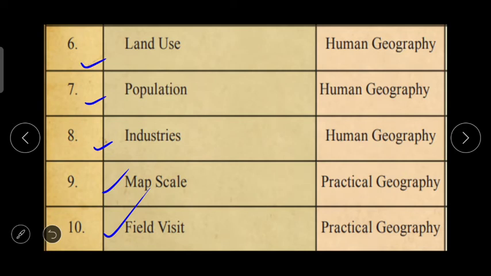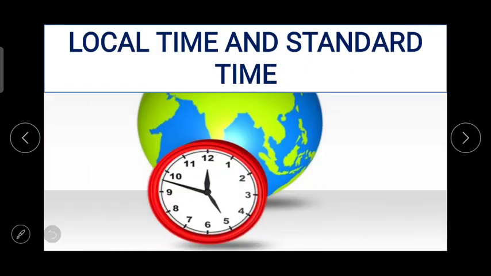So today we will start with the topic local time and standard time. Now these 2 words are very important to understand this topic, local and standard. It is in the heading only. Local time is something which is about the local area or about that particular locality, and standard time is something about which